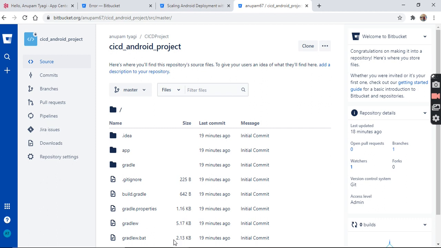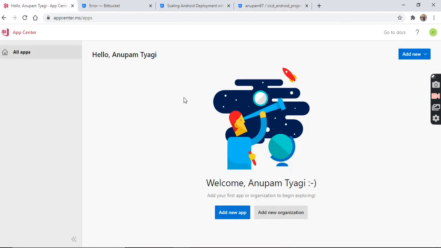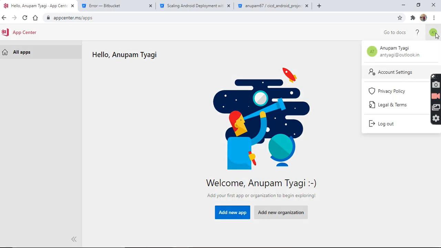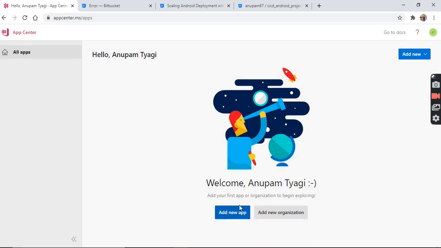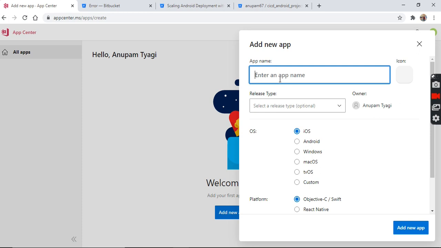So let's go to App Center. In App Center you should do the basic sign up and login process. You will see this screen; I have logged in with my email ID. I will add a new application, with the application name CI/CD demo.